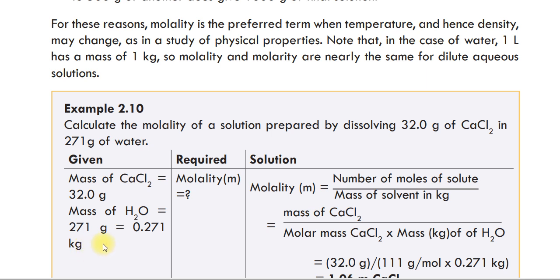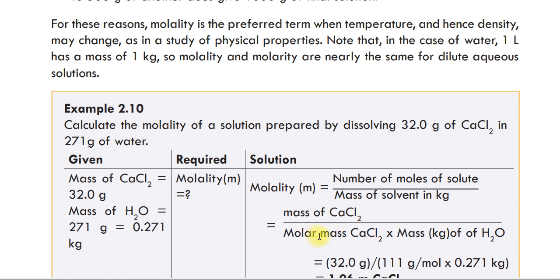Because እዚህ ጋር ወደ ኪሎግራም የቀየርንበት መንገድ ለምንድነው? ሞል ኦቨር ማስ ነው ያለው። ሞል ኦቨር ማስ ስንል ማስ ኦፍ ሶልቨንት ማለታችን ነው። ማስ ኦፍ ሶልቨንት ኤክስፕረስ የሚደረገው በኪሎግራም ነው ተብለናል። ኦኬ በኪሎግራም። So required molality, which is equal to number of mole of the solute, that is number of mole of calcium chloride over mass of the solvent in kilogram, or mass of water in kilogram እንደማለት ነው።